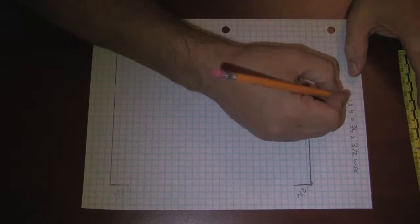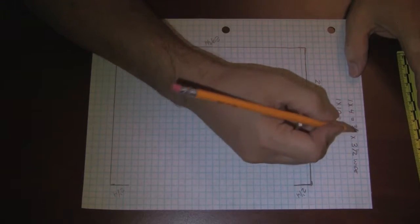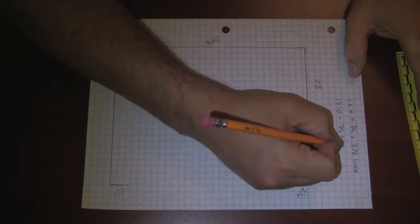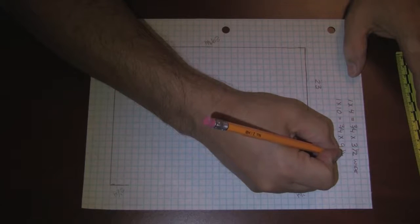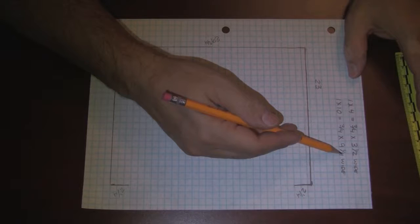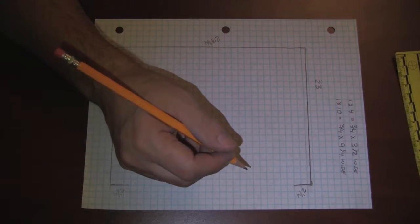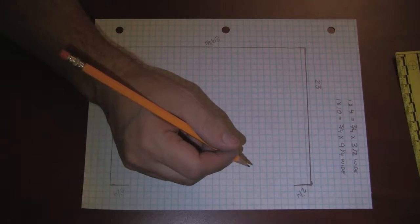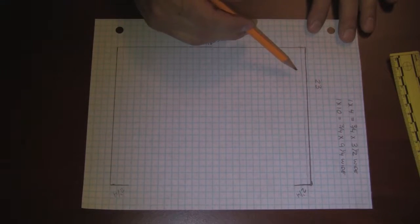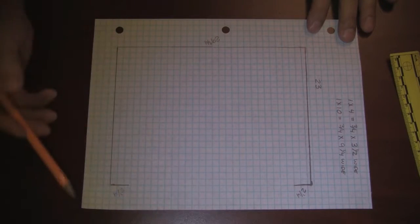Okay, so then a 1x10 is 3/4 by 9 1/4 wide. You're probably wondering why I went 9 1/4 versus 3 1/2. I think when they get to a certain width, they change to quarter versus the half. Anyway, not important. So what we know is that we can only fit a 1x4 on this side and a